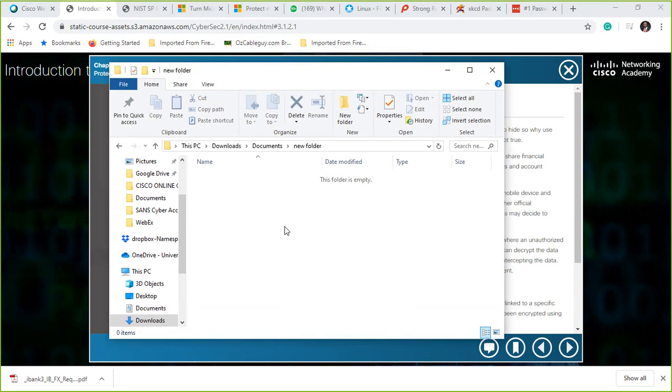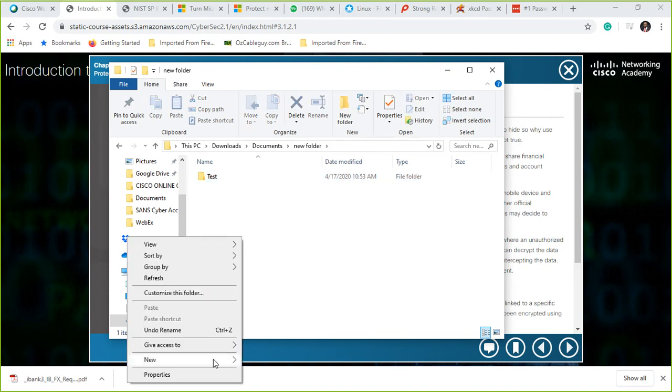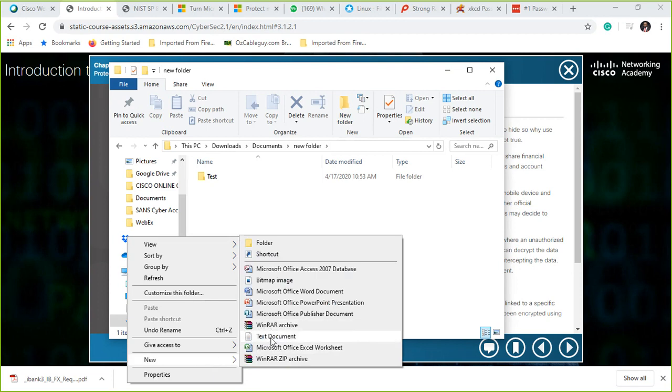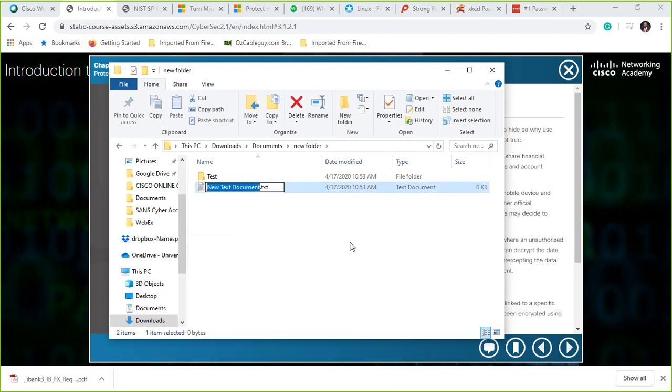Now, in this folder, I am going to create maybe another folder. Let me call it test. Then I will create a file. I just right click, just create a simple text file. Then test file. Now, so I have a folder and I have a text file. So how do I encrypt this? I just right click,